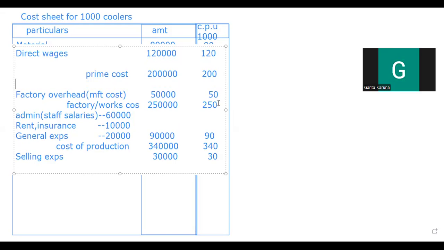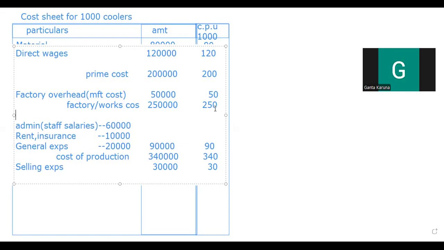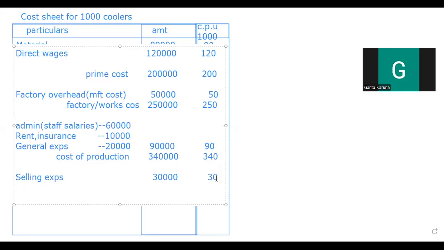Factory. Let it be the factory. Here, I'm going to make it gap. This is done. And after cost of production, the gap, I'm keeping it. Now, after this one, I'm going to go with what? Selling expenses. Once we get the selling expenses, we call this our total cost. So for total cost, when I add 3,40,000 to this one, I will be getting